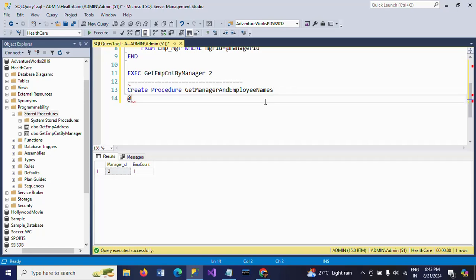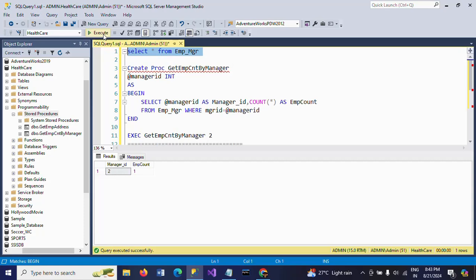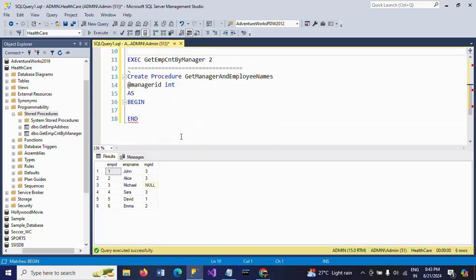Here also I am taking only 1 input parameter, manager ID, integer data type. Now between begin and end, I am writing my logic. I want to get manager name and employee name. By default, in the table we have only employee name, there is no manager name. To get the manager name, we join the same table again using an inner join. Select